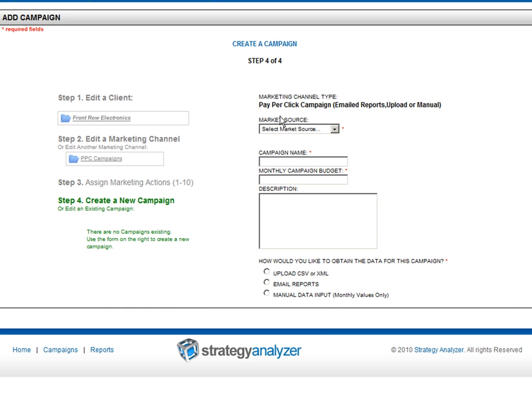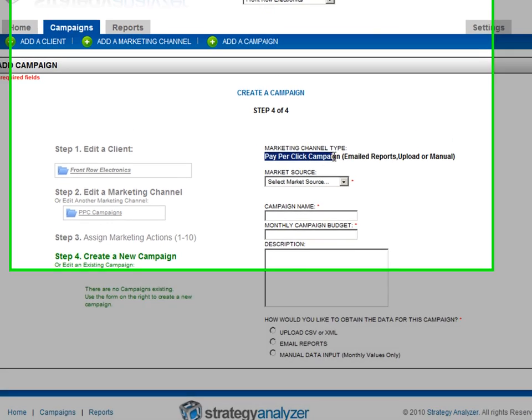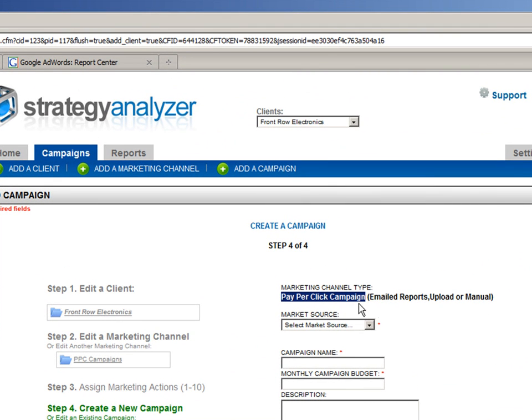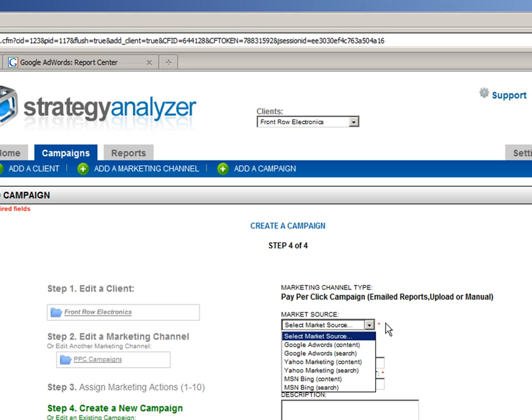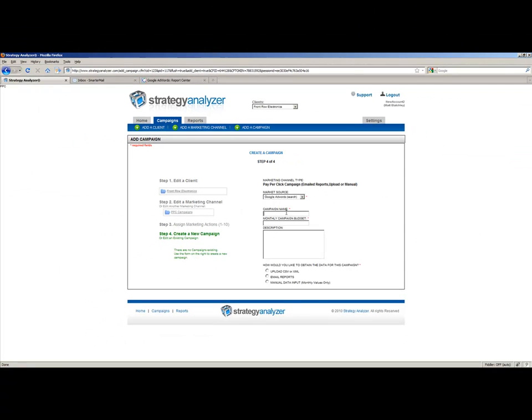which is to create a new campaign. And as you can see, the marketing channel type was remembered from step 2 as a pay-per-click campaign, and this provides you the options of importing data from emailed reports, uploaded data from a flat file or a CSV, or manually adding it. And the options are down here depending upon what you want. But the first thing we want to do is select a marketing source, and depending upon a pay-per-click campaign, your marketing sources would be Google, Yahoo, and MSN. Search and content accordingly. So we're going to do search, and I'm going to name the campaign Google